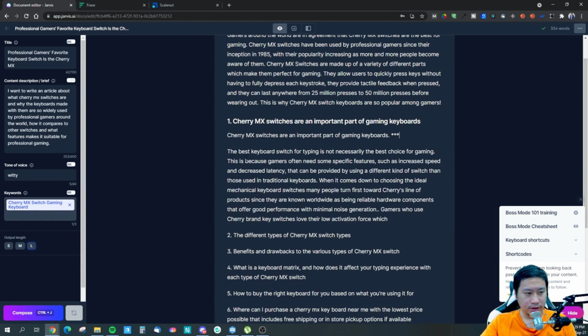So the best keyboard switch for typing is not necessarily the best choice for gaming. This is because gamers often need some specific features such as increased speed or decreased latency that can be provided by using a different kind of switch than the ones used in traditional keyboards. When it comes to choosing the ideal mechanical keyboard switches, many people turn first towards Cherry line of products since they are known worldwide for reliable hardware components. Gamers who use Cherry brand key switches love their low activation force, which